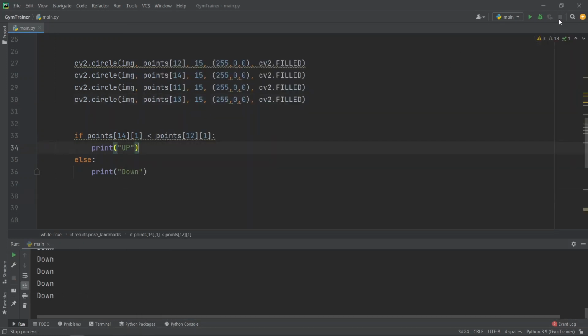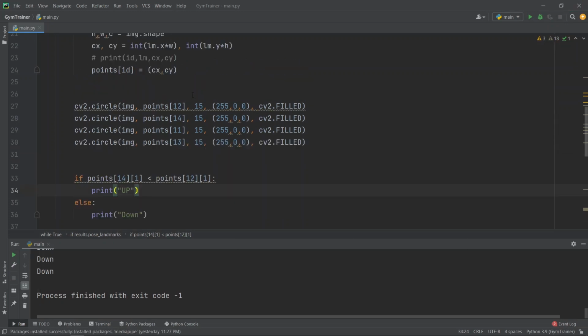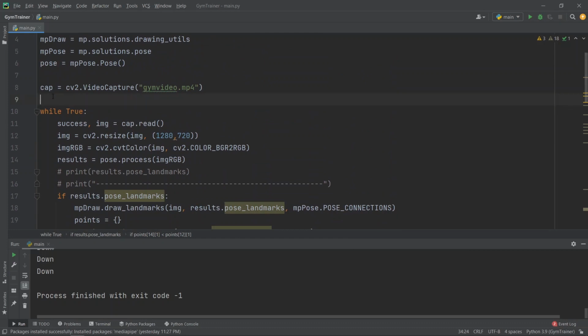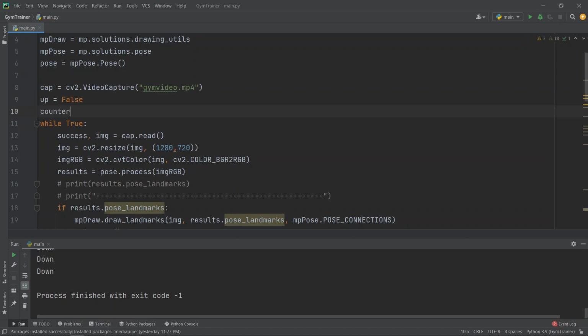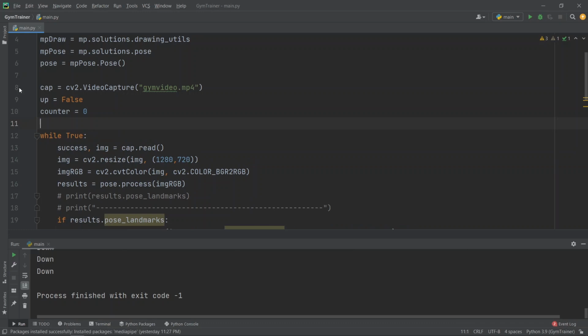Now we have to devise a logic that will maintain the count. So what we have to do, we have to declare a variable on top. Let's just declare a variable up and make it false. And let's just declare a variable counter and make it 0. Now this variable will check whether we are already in the up state or not.